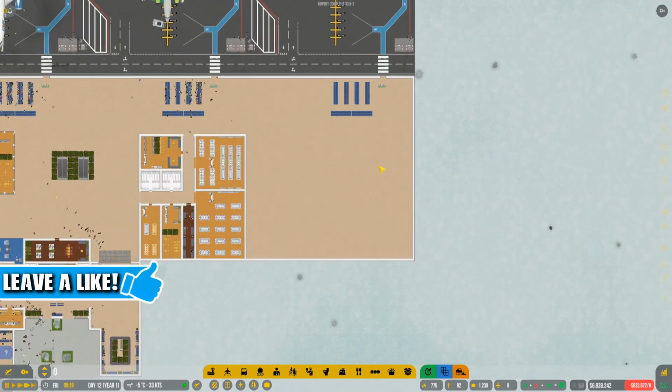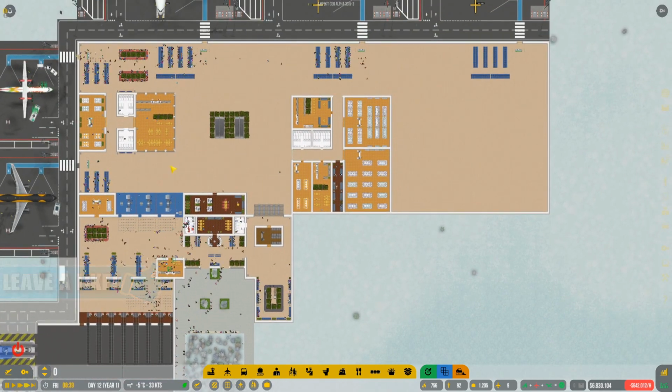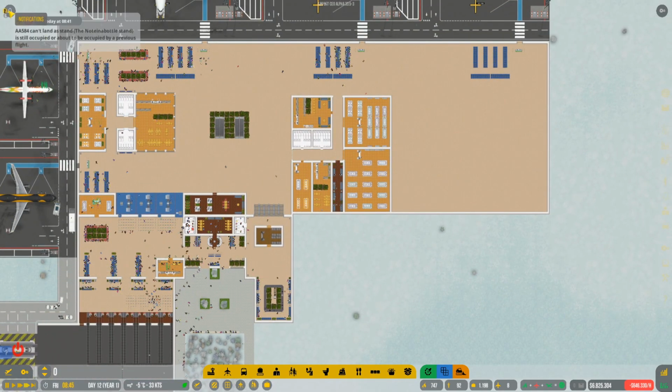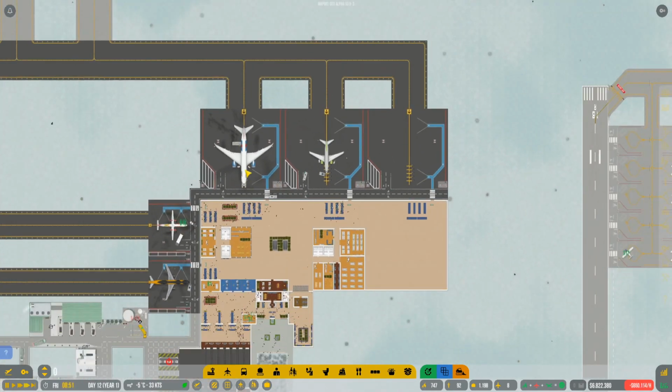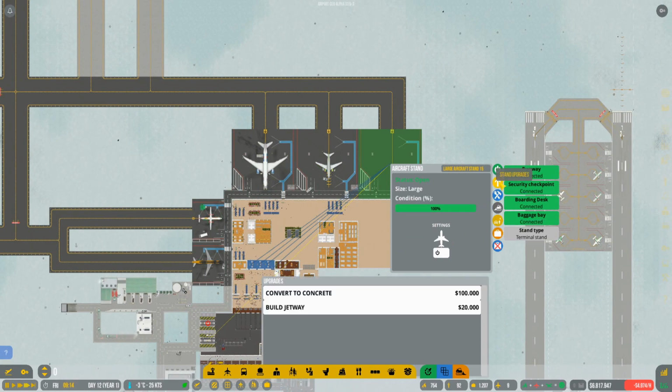Let's just keep playing the game now. We can unpause because security and everything is fixed, so we should not worry about that. Someone can't land. Yeah, it's occupied. We do have some problems with that, but that's okay. So this is not allowed for medium aircraft. We're only gonna get big aircraft here. Send upgrades. Build a jetway. We can't really build a jetway because...